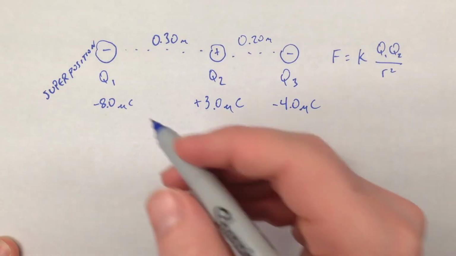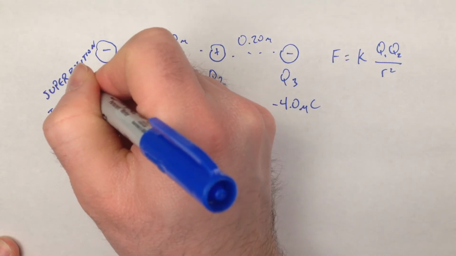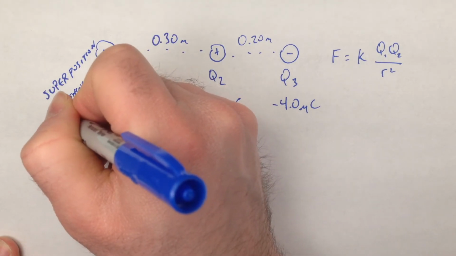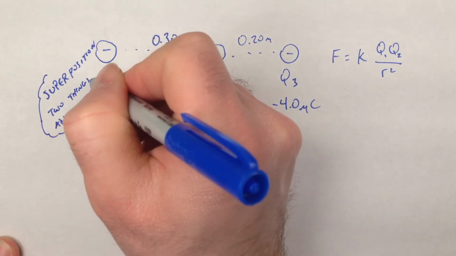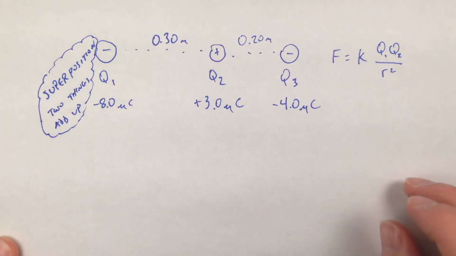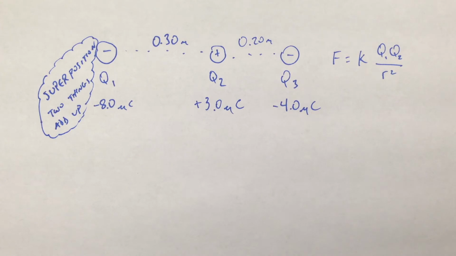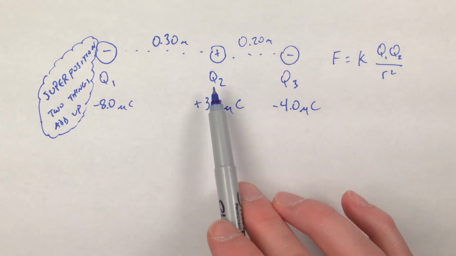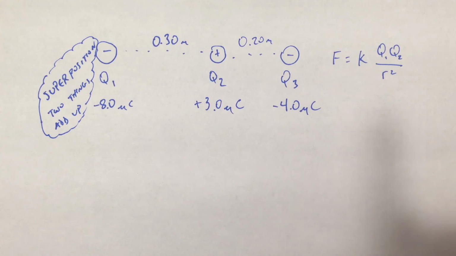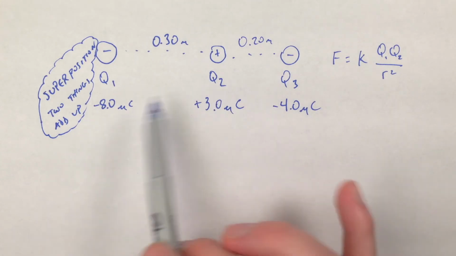Okay, and superposition is where 2 things just add up. So let me put that in like a little thought bubble there. Just trying to cram that in frame without taking up this space, which I need for work. Okay, so the idea is charge 1 exerts a force on charge 3. Charge 2 exerts a force on charge 3. The total force on charge 3 is going to be the combined total of the forces from the other 2